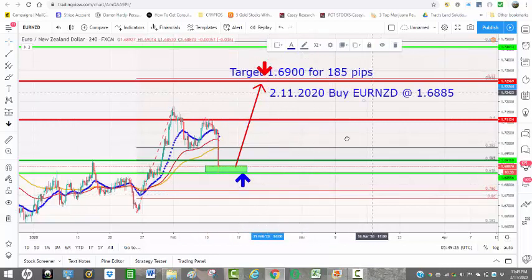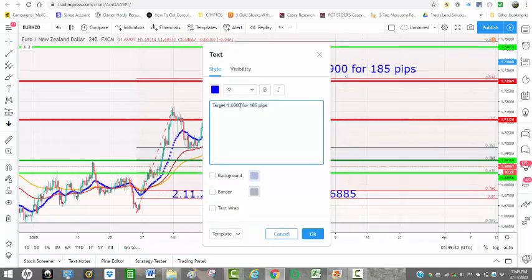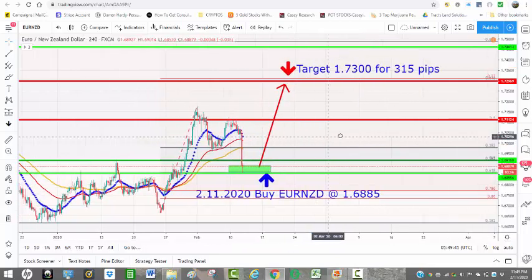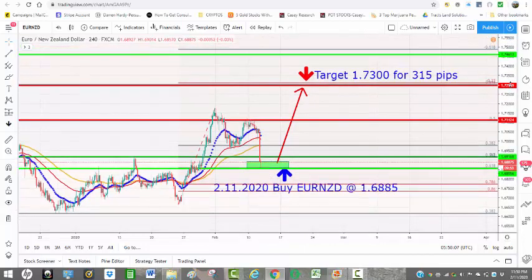Target. What are we going for? Well, we're going to go for 173. Absolutely. And if my math is correct, that's 315 pips. So again, a beautiful way to ride these up and down, but don't always go for that. After a move like this or after a gain like that, typically you want to stay out for a while. But the way this has come to this point, it was really a pullback for, I think, one more leg up. I think we can go as far up as the 175 level, but we're going to be conservative